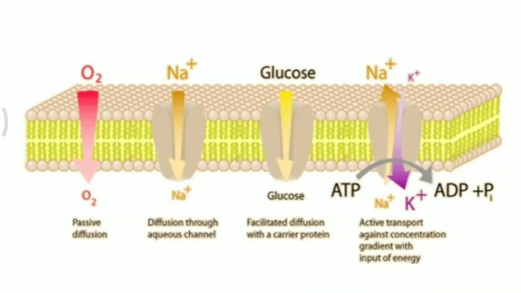You can see over here all the different types of diffusion are discussed, and the first one which is discussed is passive diffusion. We have an idea what is the meaning of passive. It means that there is no external force being applied and the movement is taking place on its own. So it is a type of process in which the molecules or substances move from an area of higher concentration of water molecules to a lower concentration of water molecules, and this movement is only facilitated with the help of the concentration gradient. So oxygen is moving from outside to inside with the help of passive diffusion.